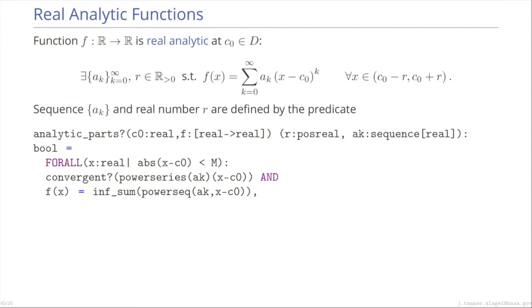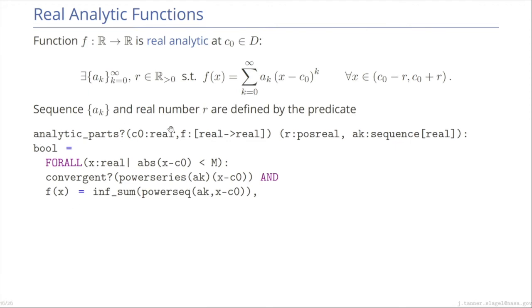So the definition is f is real analytic at a point c0 if there is some real sequence ak and some radius of convergence r, such that f equals the power series made with the sequence ak in that r neighborhood around the point c0. So what it's basically saying is that f of x equals some power series in some neighborhood around the point that it's real analytic at. You'll notice that the sequence ak and the radius of convergence r are the real stars of this definition.